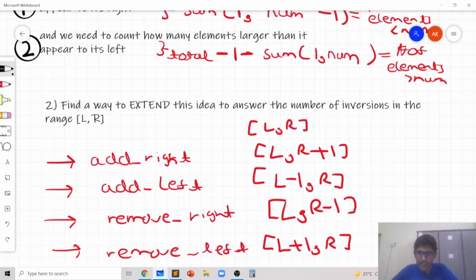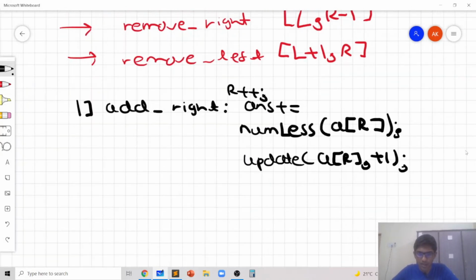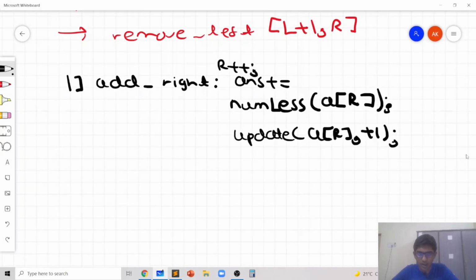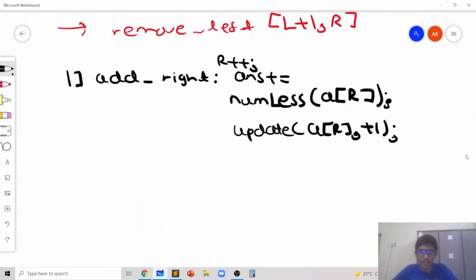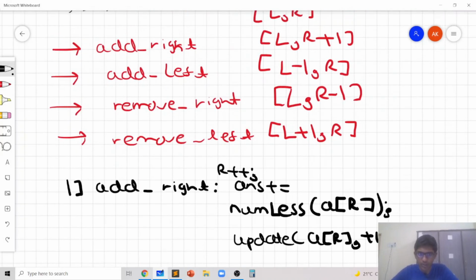So that's why we increase the frequency of AR by plus 1 in our binary index tree. So binary index tree is basically giving us a point update and a range sum. That's how binary index tree works, and that's what we are doing.